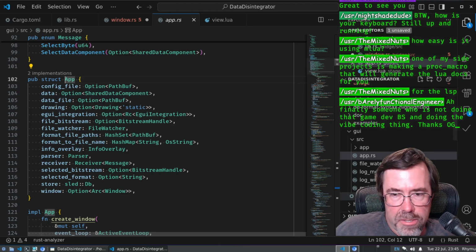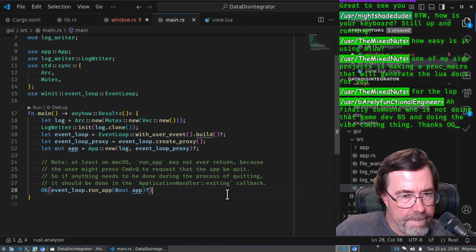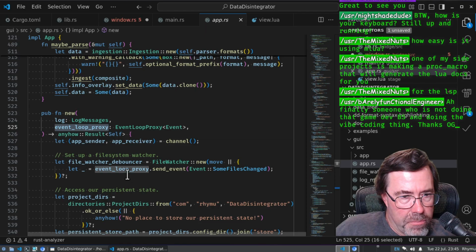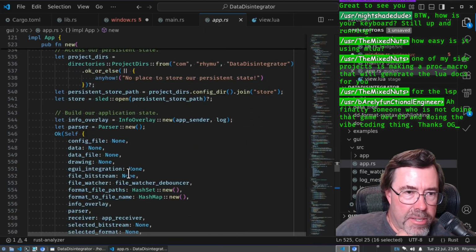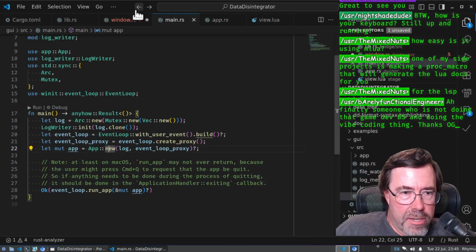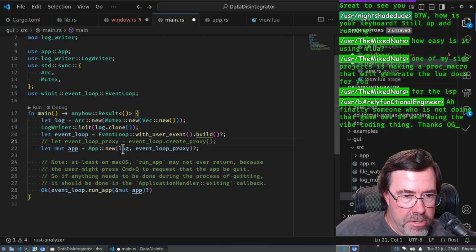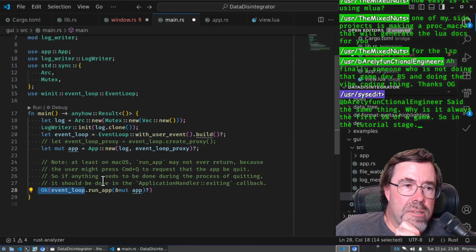Not here, is it? Event loop proxy. Do I actually need that? Actually, I don't think I need that. I don't think I actually need to store the event loop proxy. I just need eventually to call event loop run app. Okay, that's why I want the event loop, because it's going to be